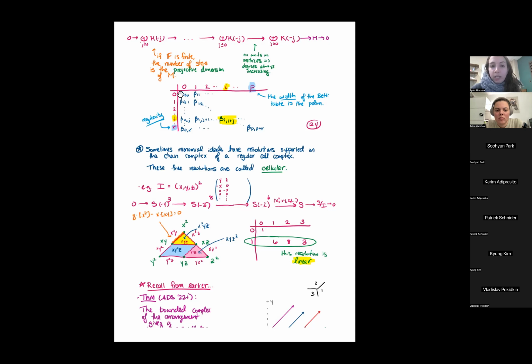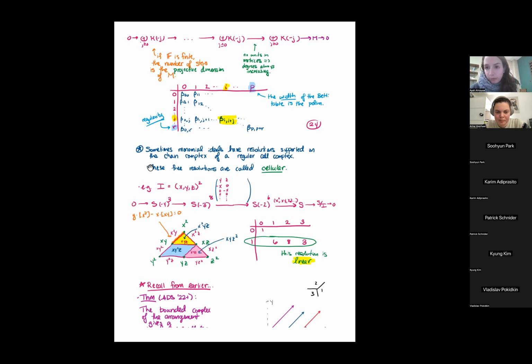And the projective dimension in this table is going to be the width of the Betti table, the number of columns. And the number of rows is going to correspond to the regularity, which is kind of encoding how big the degrees are that show up in the polynomials in the matrices of these maps. And what's even nicer is if you're working with a monomial ideal,